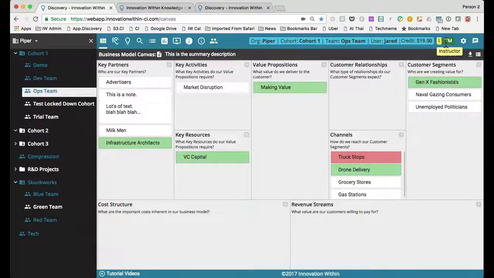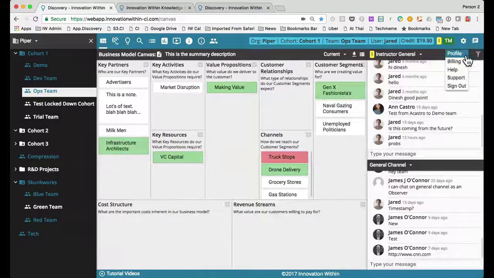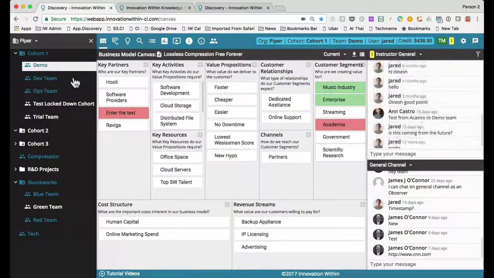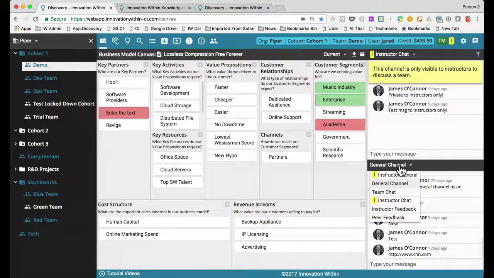And you'll see all of your roles right there, and they each have a different color icon to make sure you don't get confused. Going back to what I was showing you before with the chat, now you can see in this view, I can jump from team to team with just a simple click of the mouse on the left side. And on the right side, the chat channels change automatically for me. So this allows me, with a single click, to look at their canvas and then to either chat with